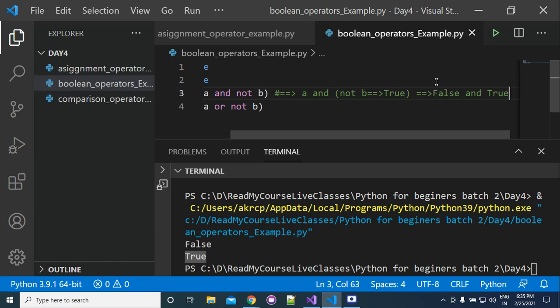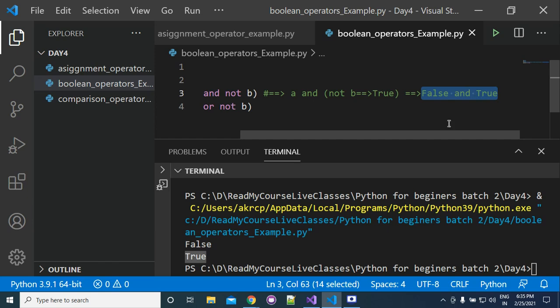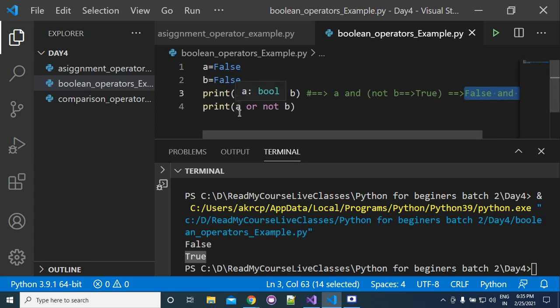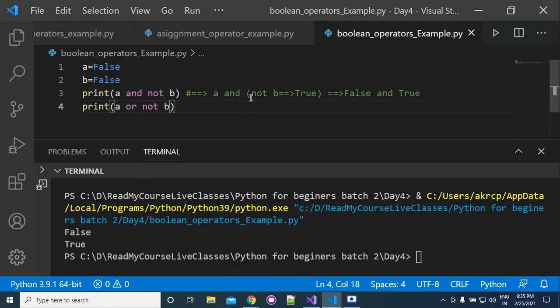So this is equivalent to false and true, which will be false. But in this case, false or true will be true. Just try to understand, it is very easy. Nothing special is happening here. Not just reverses the value of B, so not B is true, and it does not change the value of B itself. So the overall expression has the value true, and now you are getting that answer.